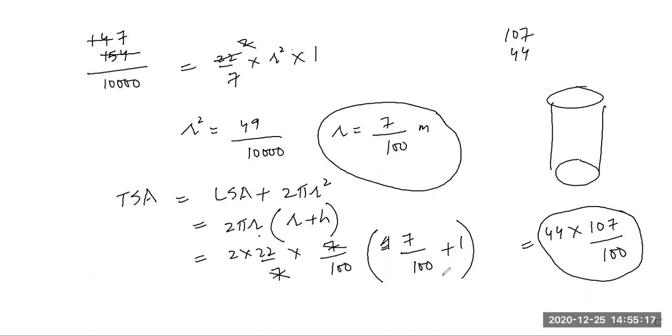Sir, 107. Oh, you are right. There's one more 100. I'm so sorry. One more 100 is here. You are right. So it will be 4, 4, 2, 8. So it will be 8, 0, 6, 7, 4, 7, 0, 8. Correct.